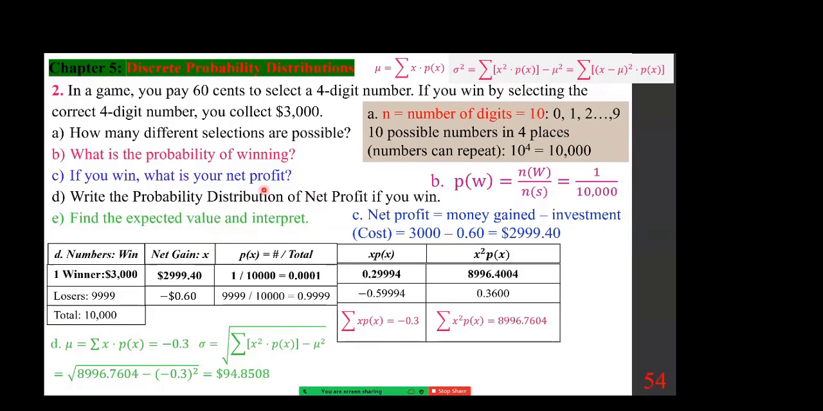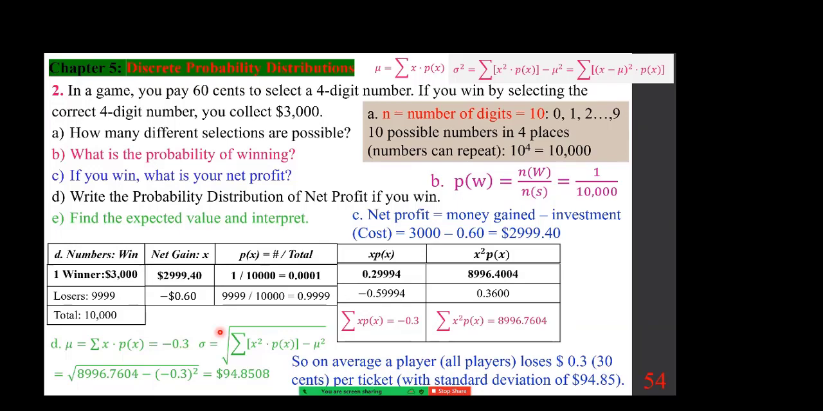But what does it mean? The interpretation is that everybody gains this much. That means, because it's negative, everybody loses this much: 30 cents on average, including the winners. So on average, a player loses $0.30, or 30 cents, per ticket, with a standard deviation that we just calculated,